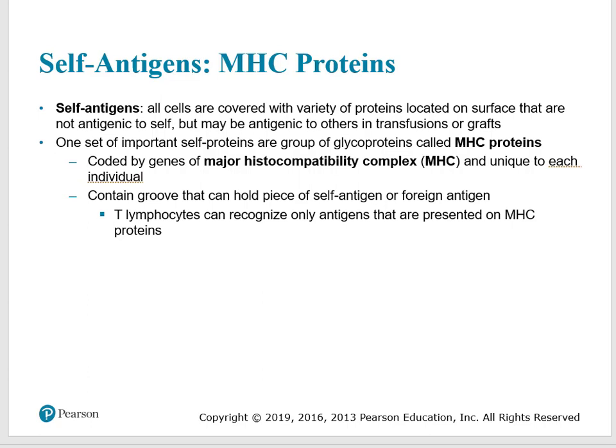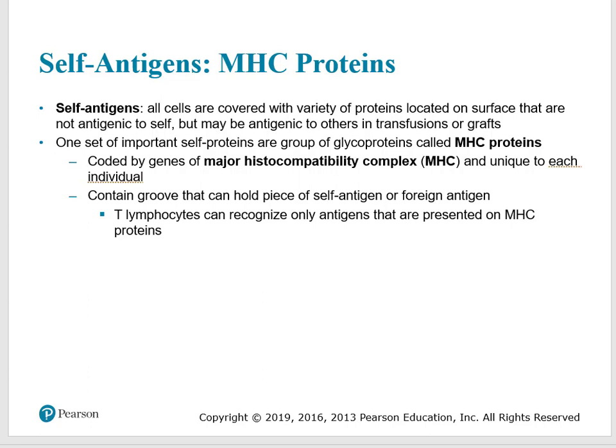Self-antigens are the receptors that are found on our protein or cell membrane. These are your surface receptors or surface proteins that we have in our body. So pretty much all cells, when they're formed, usually have these surface receptors or self-antigens on them. We also call them MHC proteins. There is one set of important self-proteins or surface receptors called MHC proteins, major